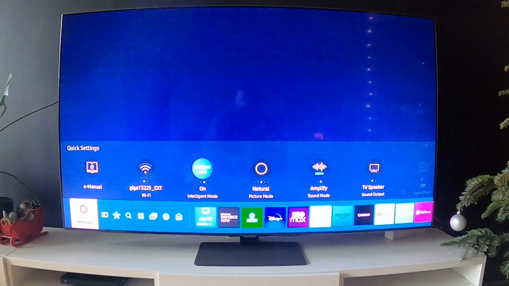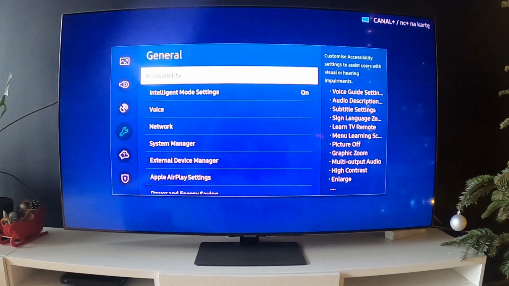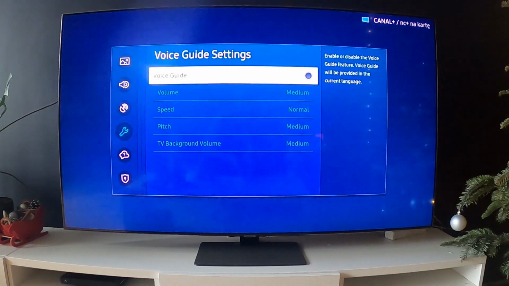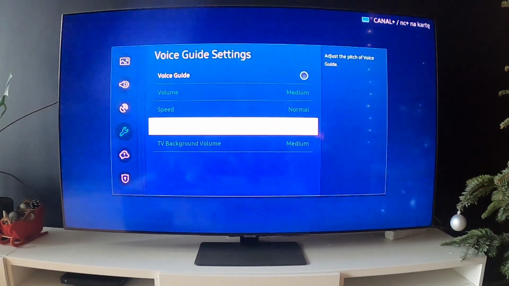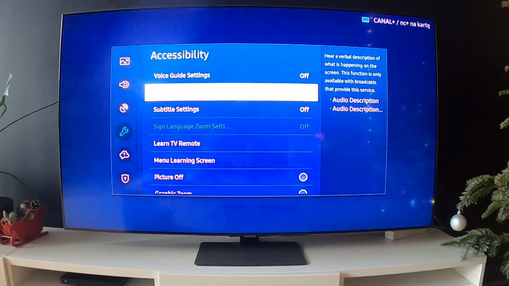In the beginning, let's go to settings and enter General. Go to accessibility and now you can enable voice guide, change volume, speed, pitch and TV background volume. Next, you can enable or disable audio description settings,